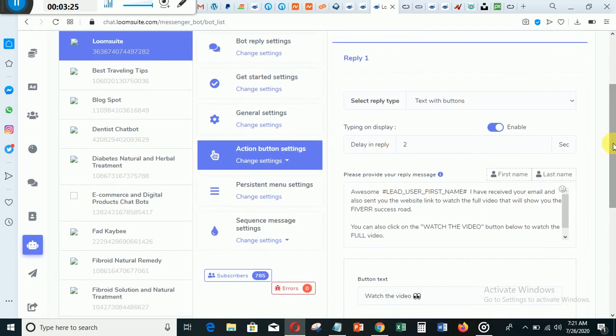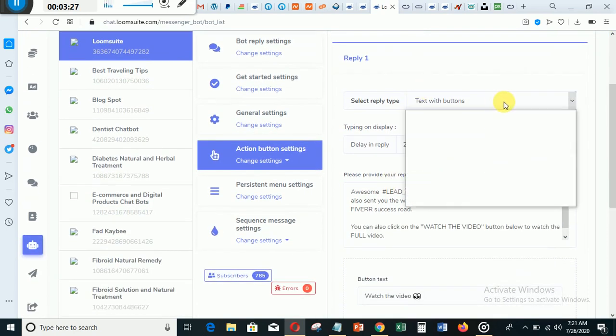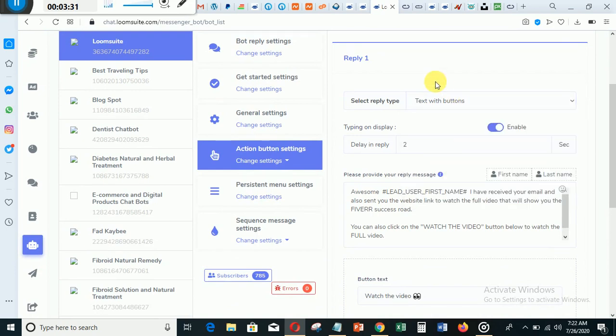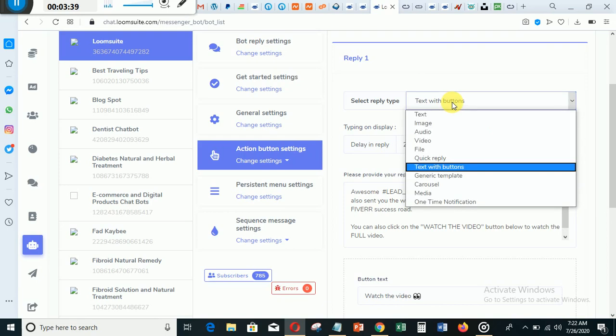So in this case, what I put here is this. I choose text with button, because I want them to drop their email and then click a button. I want them to read. I click send with button here because I want to reply with some text, and I also want to lead them to a web page, just like when you are collecting email from a website.